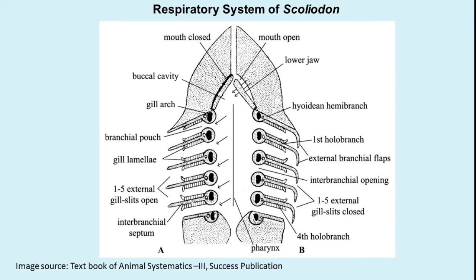So we have already seen the presence of gill slits, or these slits are nothing but the openings to the gills, right? Now let's see what all things are present in the respiratory tract. It consists of mouth, buccal cavity and pharynx. Ventrally situated mouth opens into the buccal cavity, okay, which posteriorly continues as pharynx. Thus, the water from the mouth travels the path through the buccal cavity, then pharynx, and later reaching the gills.